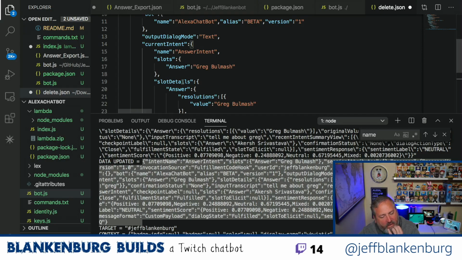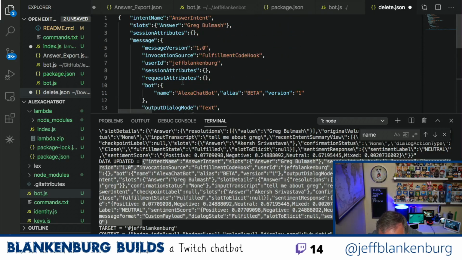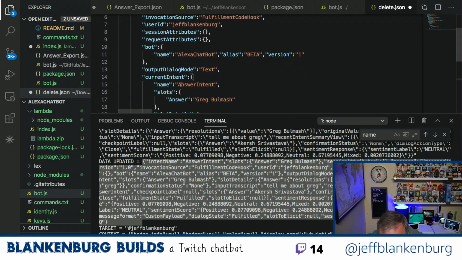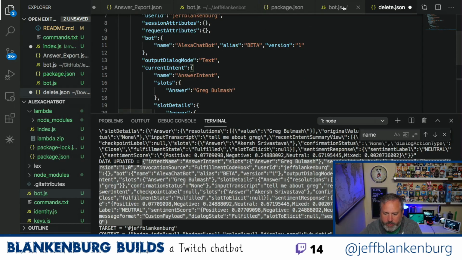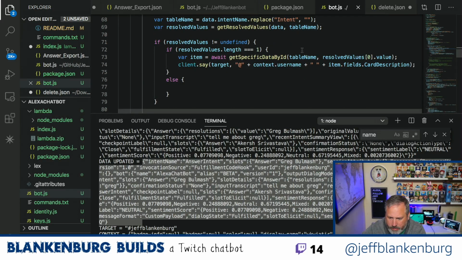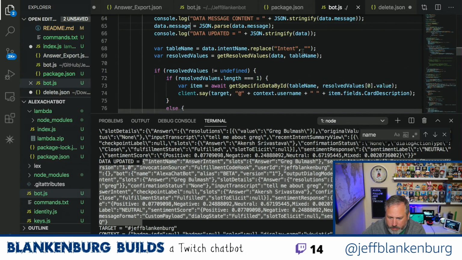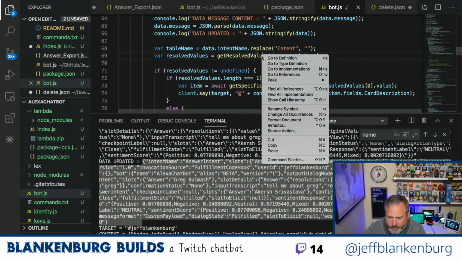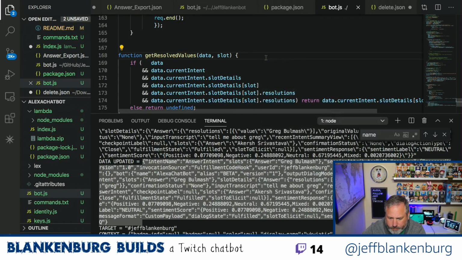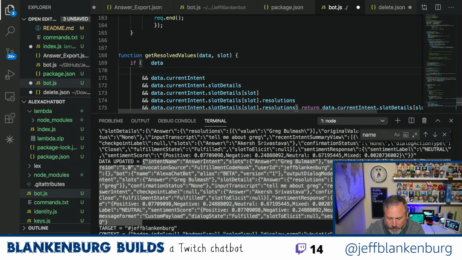message.currentIntent.slotDetails. Yeah, I think there were some bad assumptions built into what I was sending. So I want to do message.currentIntent, and what I'm doing right now is in my getResolveValues function, data.message is missing.